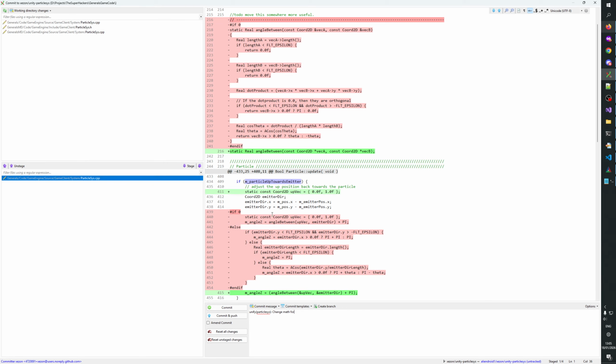I'm not sure. Change math. Is it doing the same or not? Let me see. I don't know. It's change math for particle up towards emitter position. Change math for